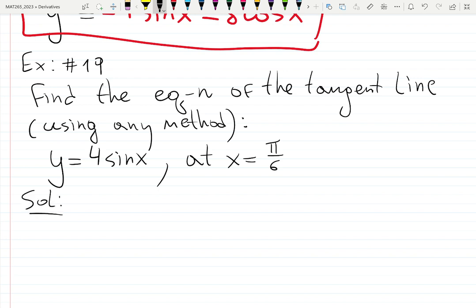Solution. This... Ouch. Is it TikTok? Better not be TikTok. Okay. So